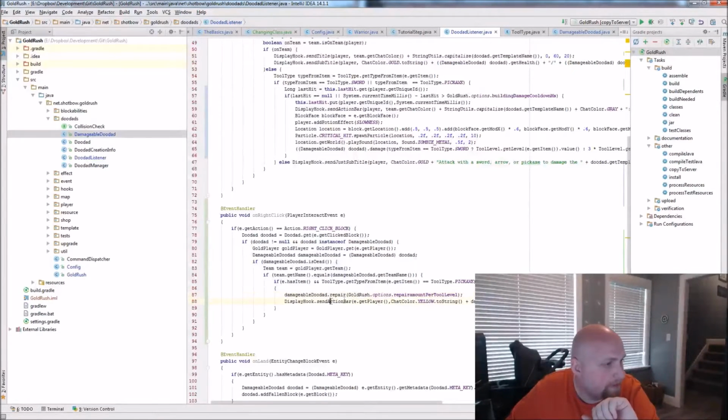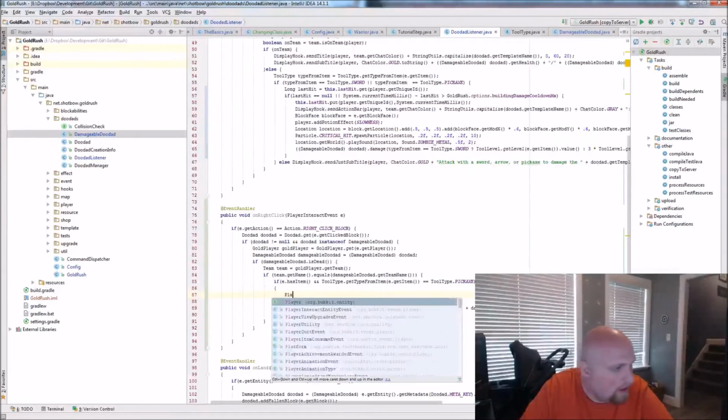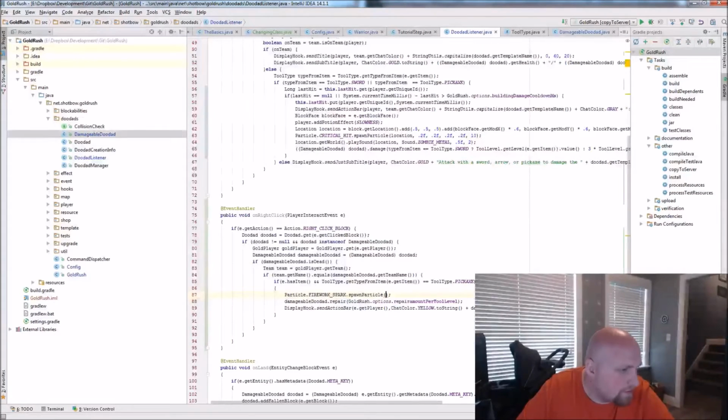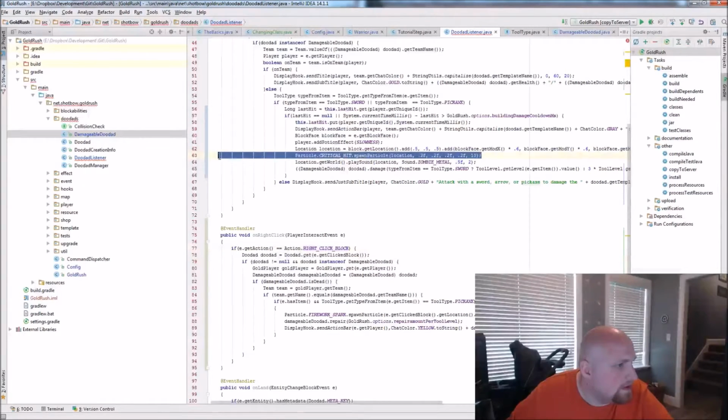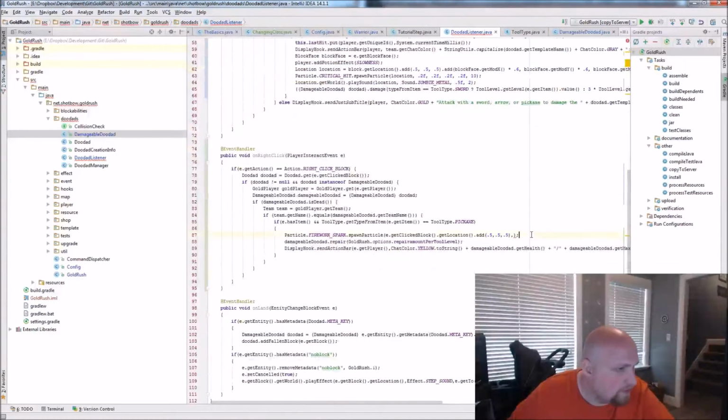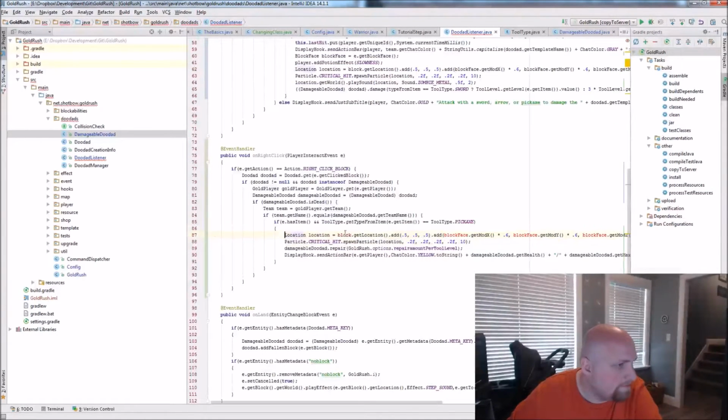So that should repair. Technically, if I right click, I should probably play some effects though. Particle.fireworks spark. I like the fireworks spark. e.get click block.get location.add 0.5, 0.5, 0.5, because I like to do it at the, actually I might do this. Yeah.